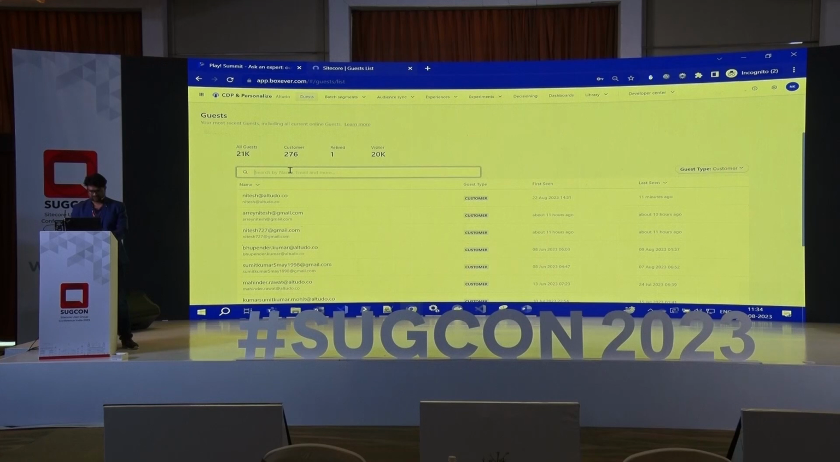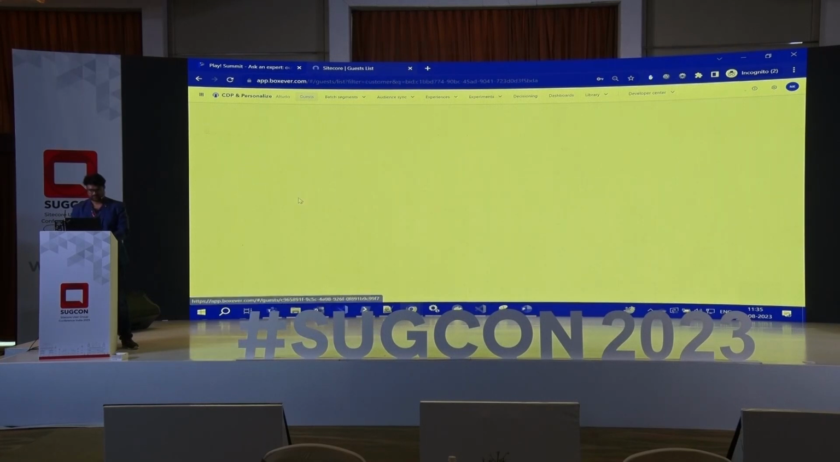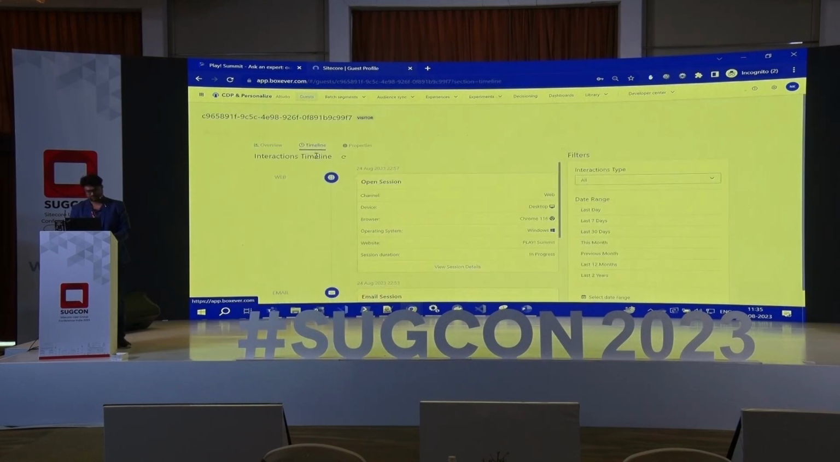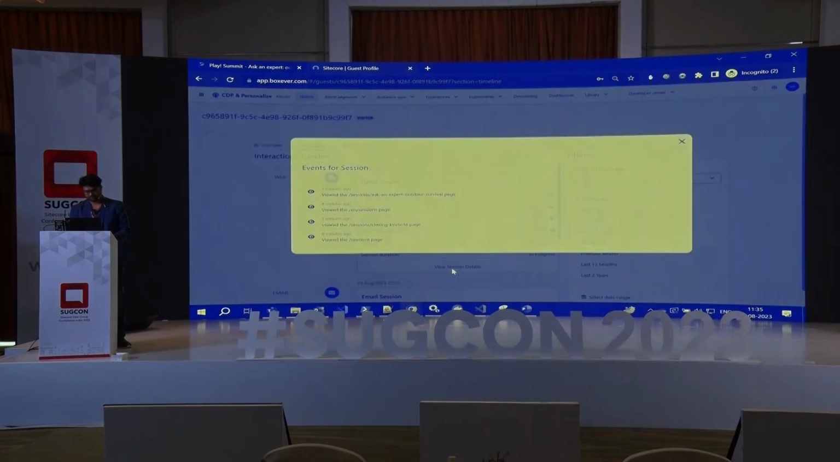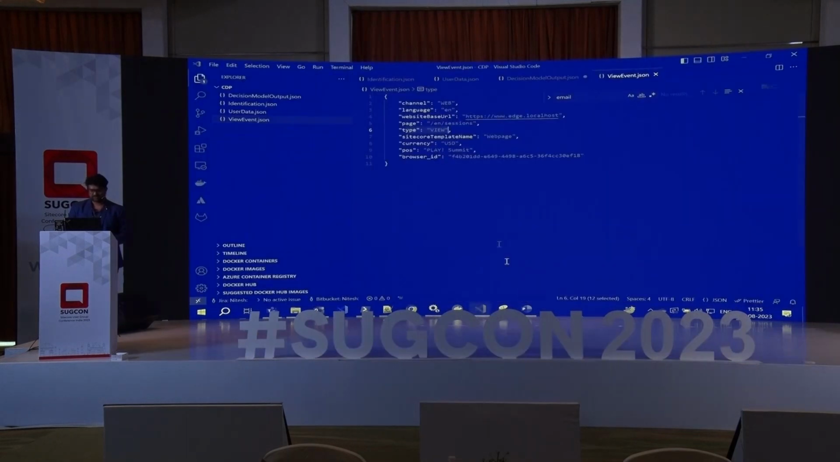Yeah. So if I go back, there's something called events in CDP. So whenever I visit a page, I need to send a view event. Okay. I'll show how it looks like. So first of all, I'll showcase how the JSON looks like. Okay. So you need to create an object of this sort,